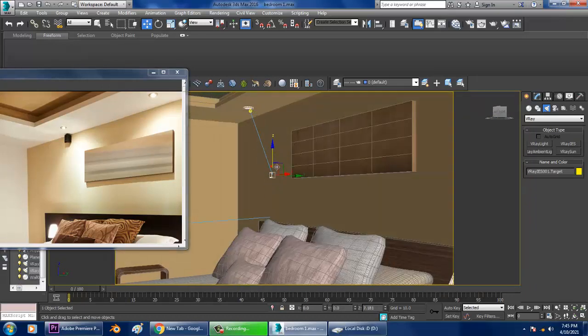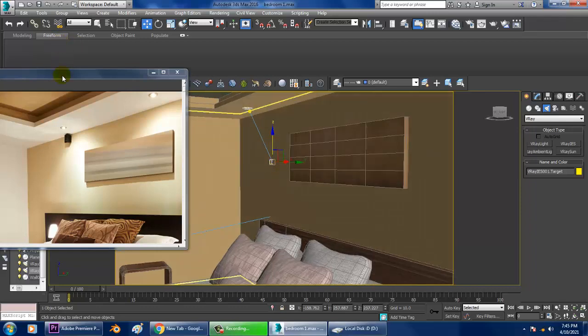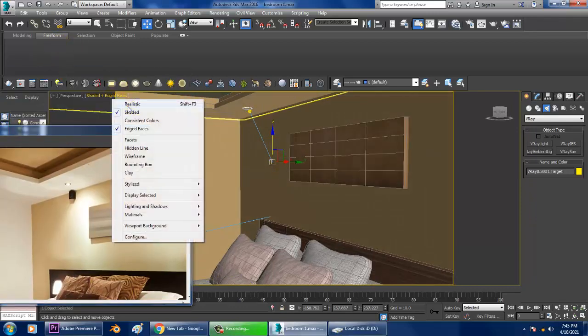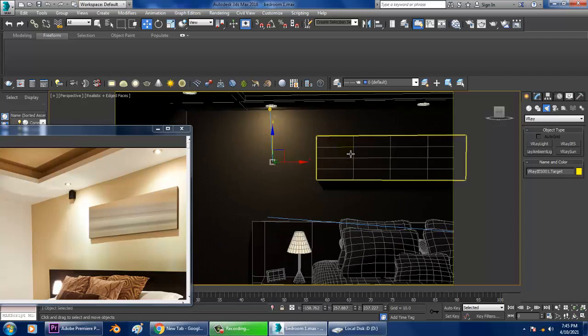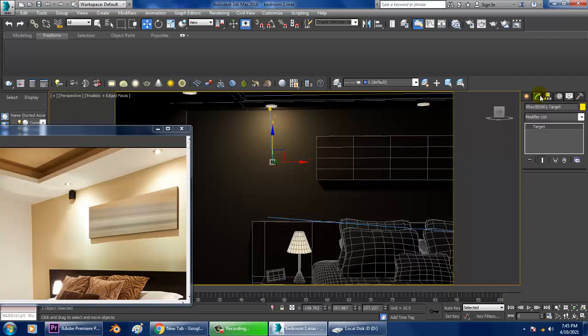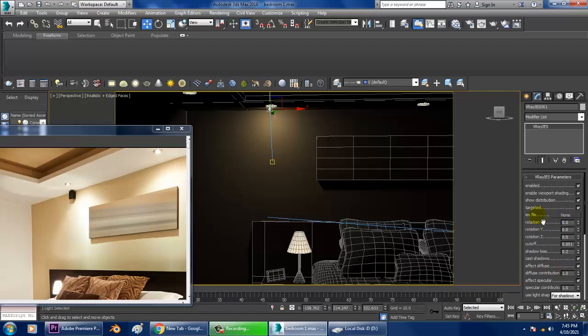I'll select this light over here. We'll just make it realistic. Now I'll go into this light, and we have some IES presets.